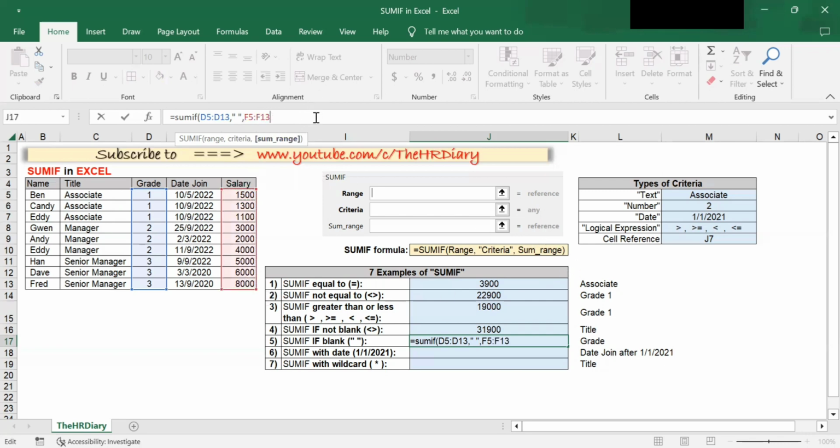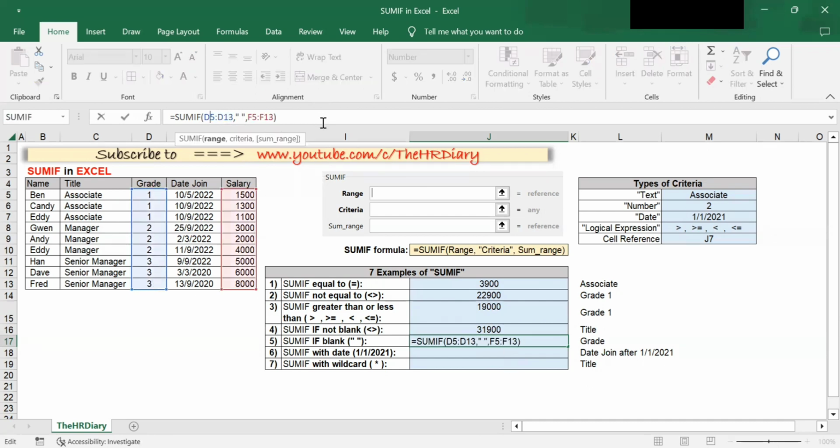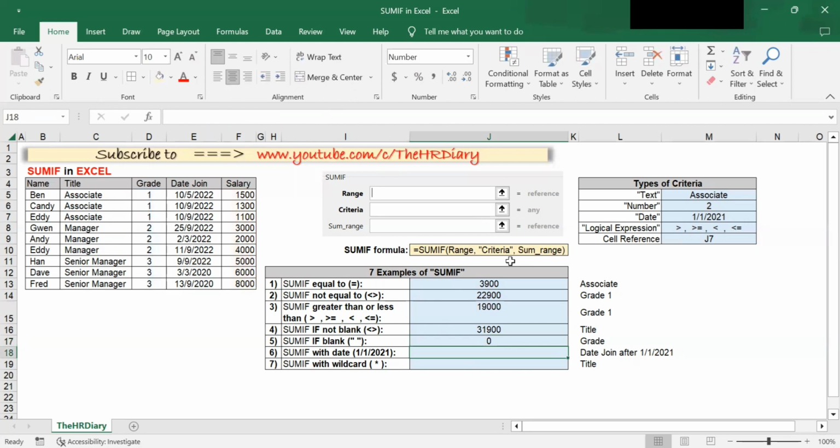and enter. So I get a 0. I get a 0 because none of the cells in my range, my column D, are blank. That's why I get a 0. So if I were to delete this number 3, it will put in 8,000 there. So let's try. When I delete this,